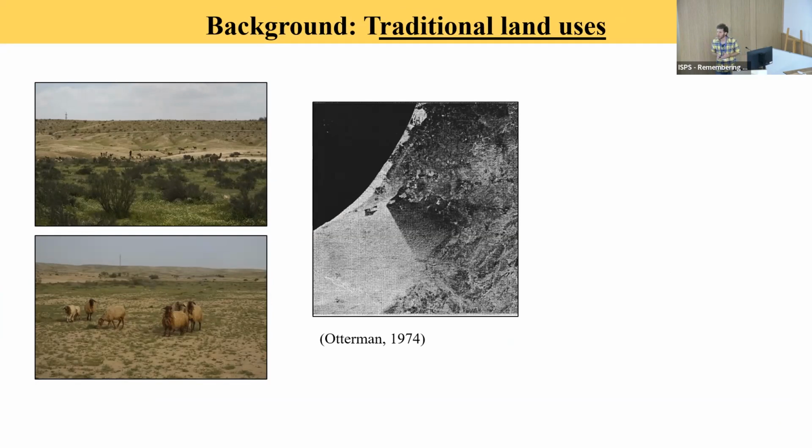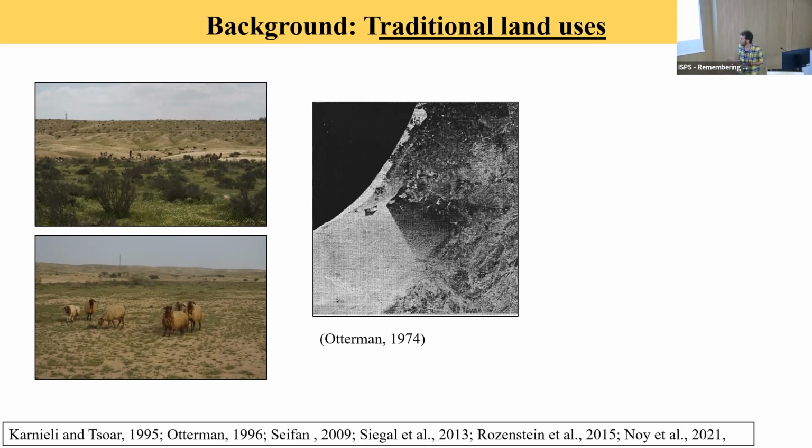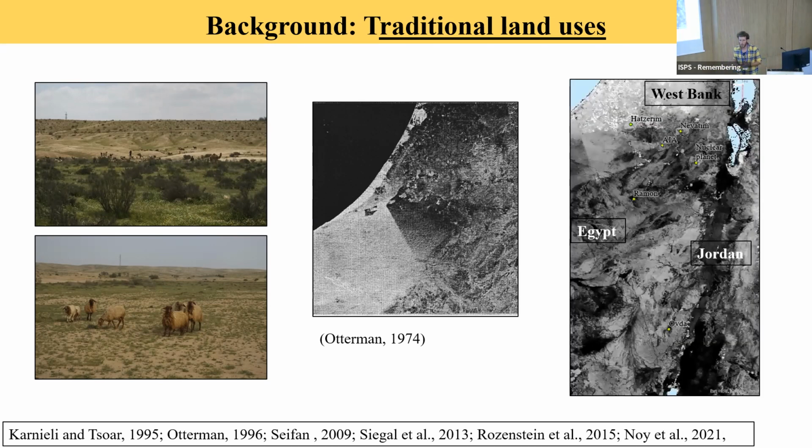We all know the famous work by Otterman of 1974, evaluating the different impact which different land uses caused on the border between Nitzana and Israel. And ever since that important paper, many other papers have been published on the same fascinating section, adding much knowledge. We have decided to follow the same line of thought, but to extend the research far beyond the Nitzana border,